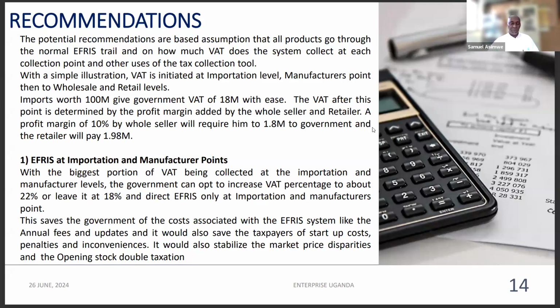But my view is, even if it is left at the importation level, the government still gets the 18%, and if it's left there, then the products will not slightly increase the prices. And at the end of the day, when I buy an item, I will find it at a slightly lower price,